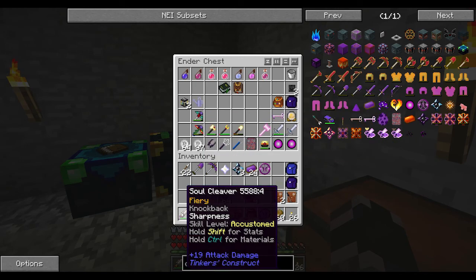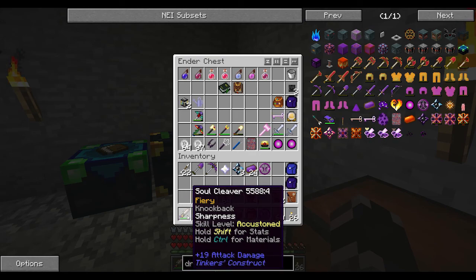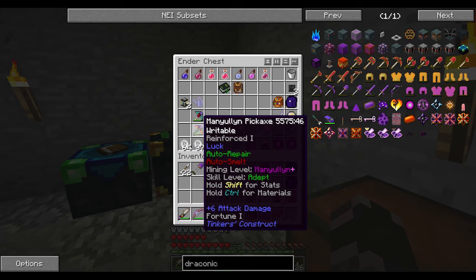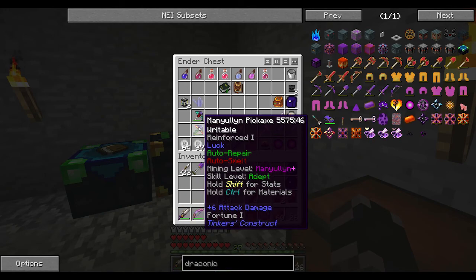Now, I've got another frustrating thing down here. I'm getting fiery on my cleaver, but I can deal with fiery. Fiery can backfire, but it's okay for the most part. I'll probably make another one at some point, but I don't really have the manual at the moment to do that. But this one, auto smelt,